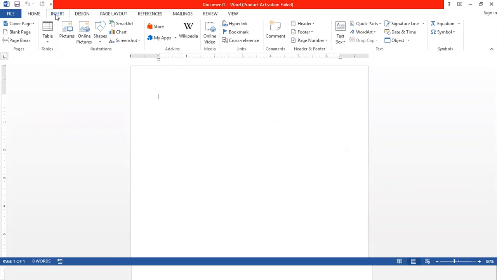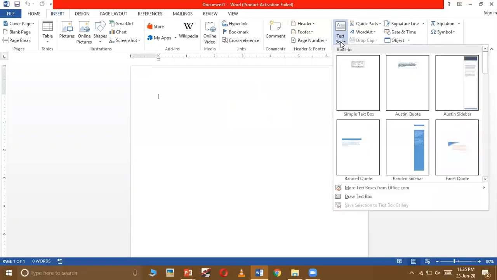Then you need to click on the Text Box option, which is available in the Text group of the ribbon of the Insert tab. Here you can see the Text group. In this group, click on Text Box. After clicking, this drop-down menu will appear.